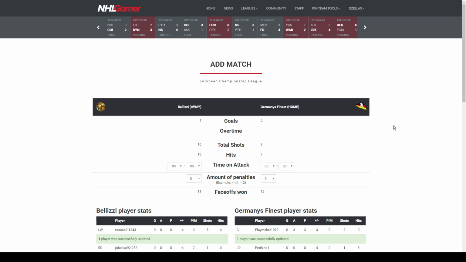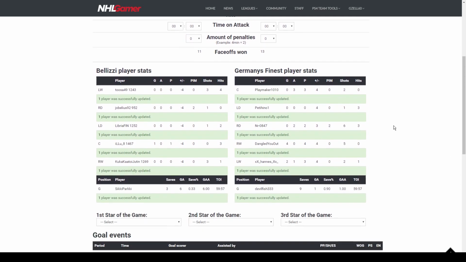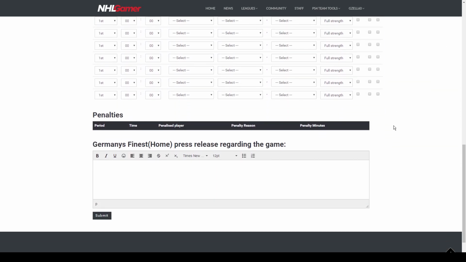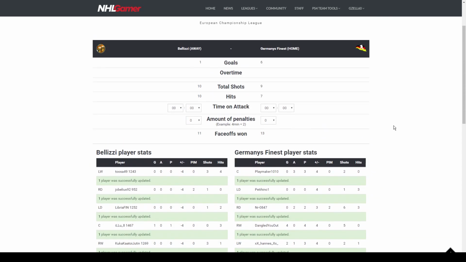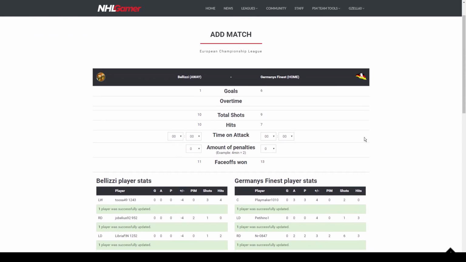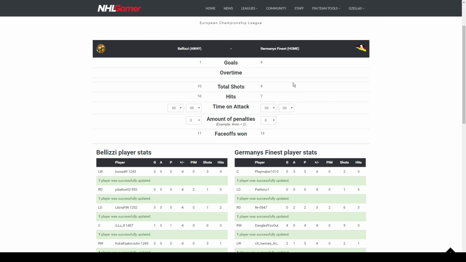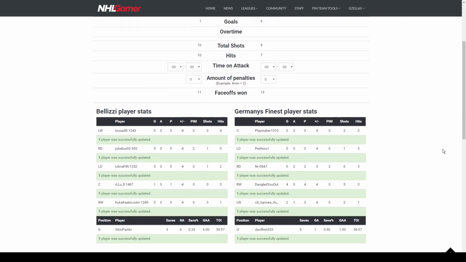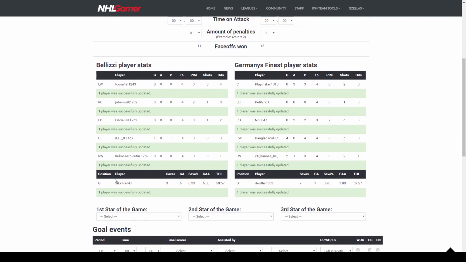Germany's finest on the home side, and then you can click Submit Stats. What it does is, it does most of the work for you, without any additional input, which is pretty cool. So what this means is it tells us how many goals were scored, how many total shots we got in a game, the total amount of hits, and also the amount of face-offs won. It tells us all of the individual player stats,